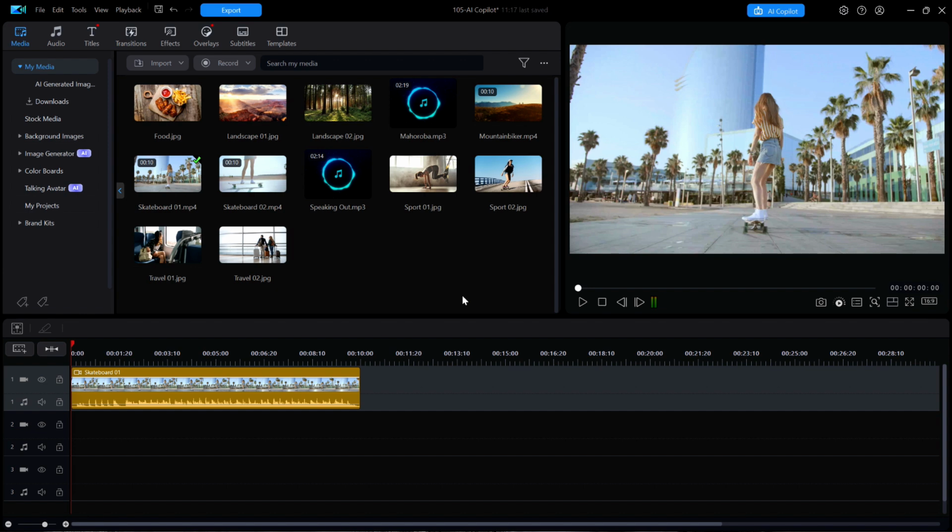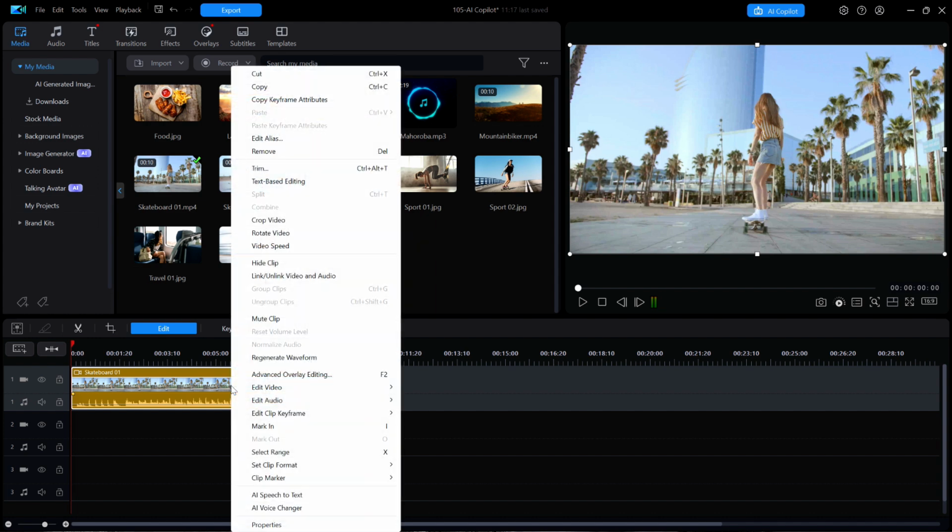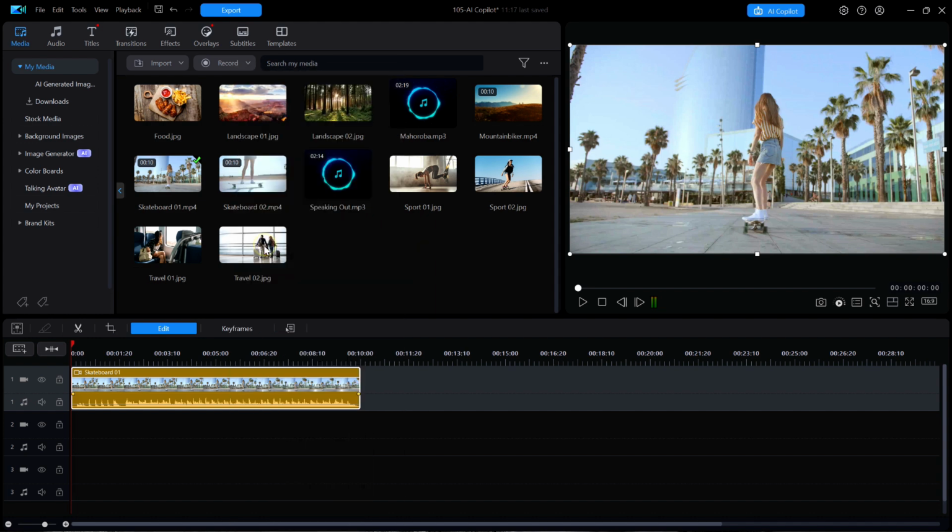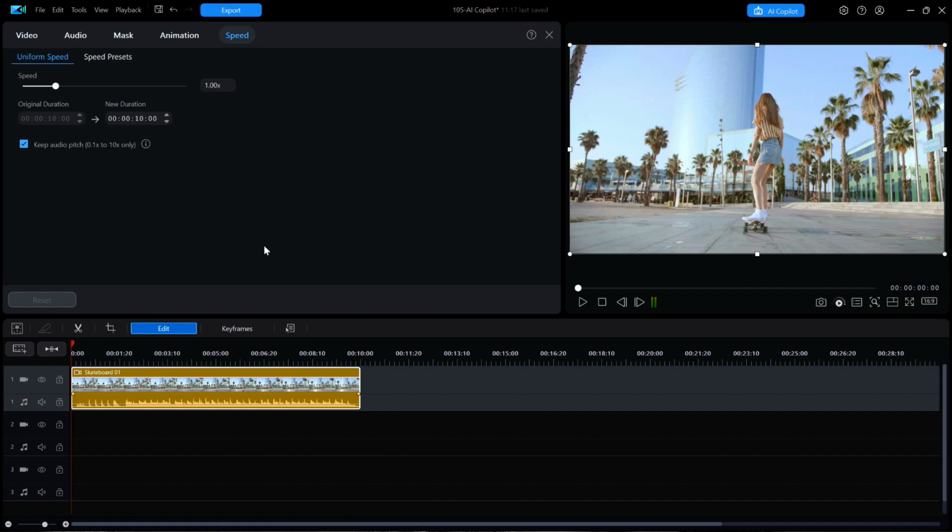Watch as I just right-click on a video clip on the timeline, and I'm going to select Video Speed. It gets you to the same menu, and it only took 2 mouse clicks. Now, this is a technique that I frequently use while some kind of processing or downloading is being done live